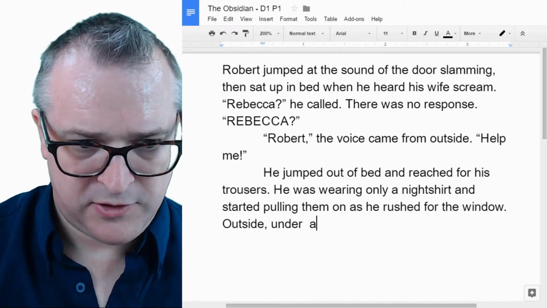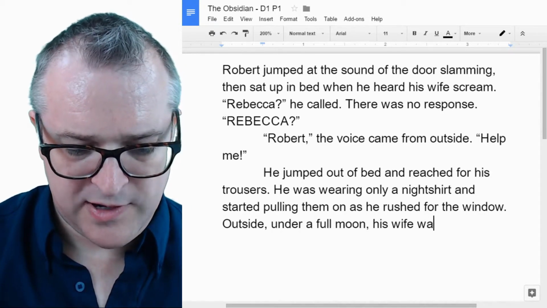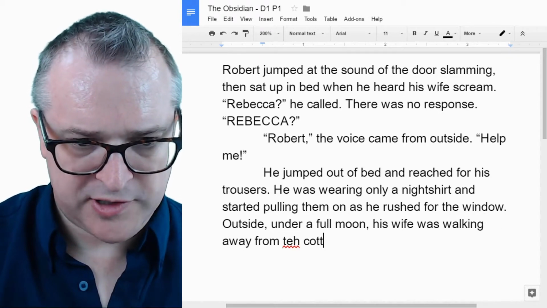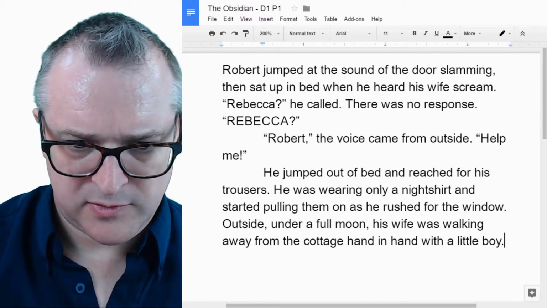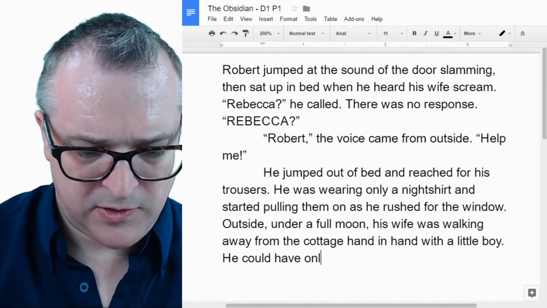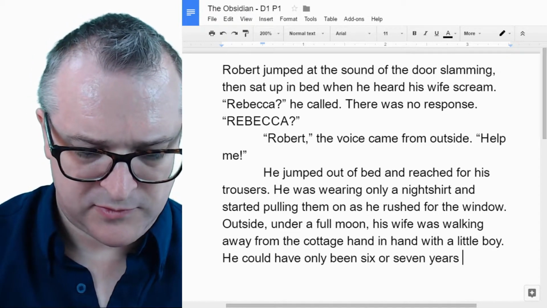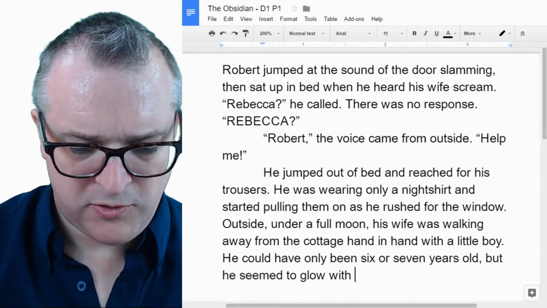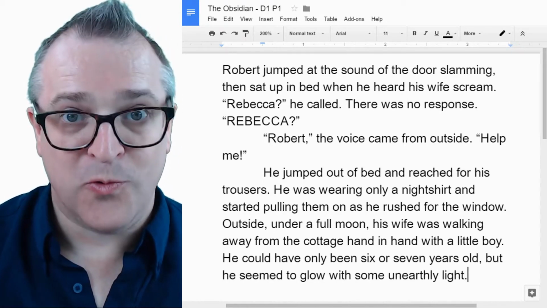Outside, under a full moon, his wife was walking away from the cottage, hand in hand with a little boy, being 6 or 7 years old, but he seemed to glow with some unearthly light. Ooh, because he's a ghost.